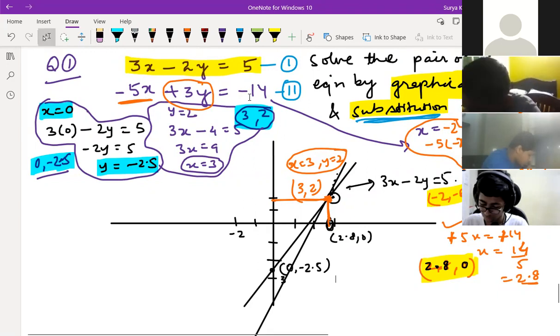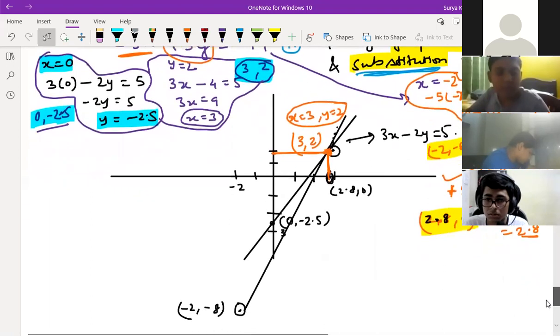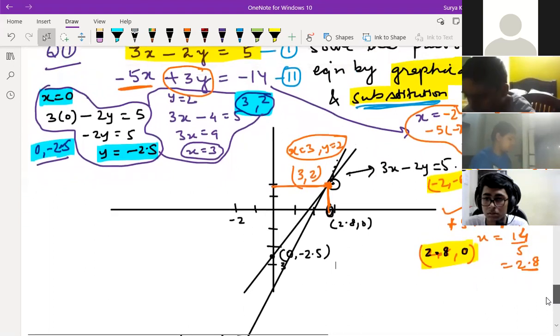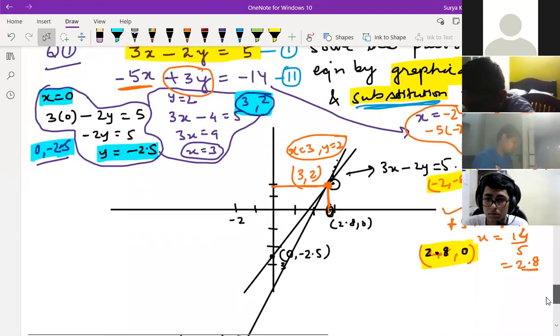Did you understand the basic concept of how to get the answer from the graph, children? Yes, sir. Sai Ritvik, do you have any doubt? Yes, sir, I got everything. I don't have any doubts. Sai Charan, you tell me now, for the graphical part, you are not having any doubt? No, sir.